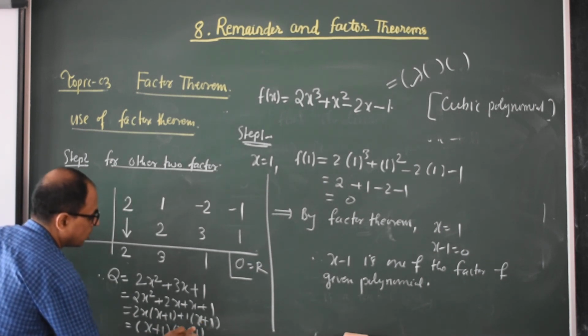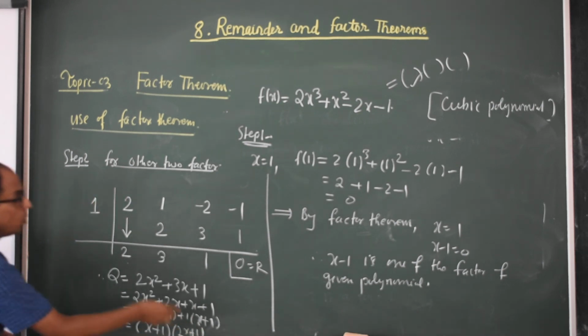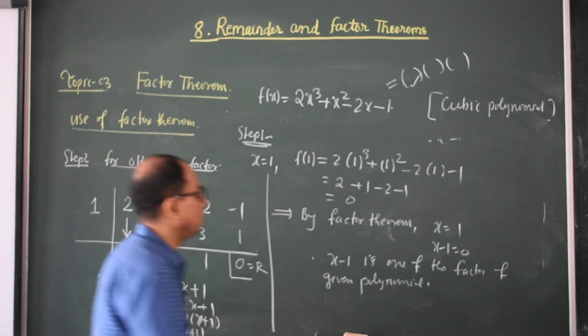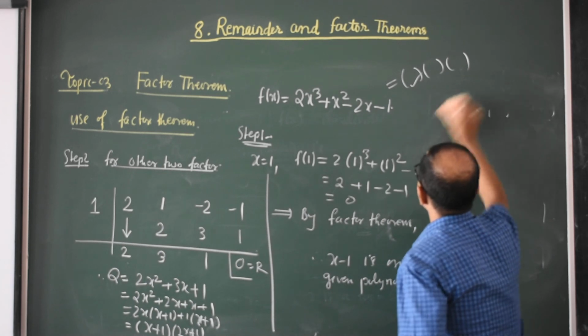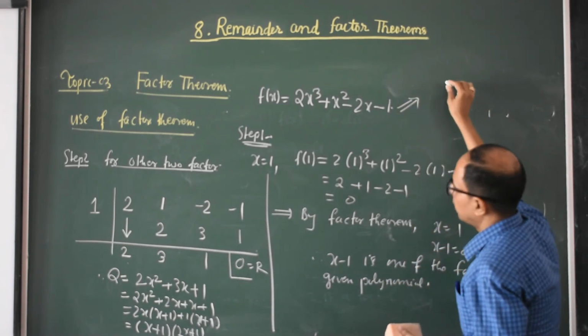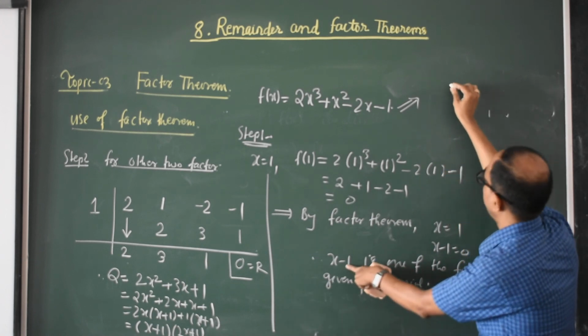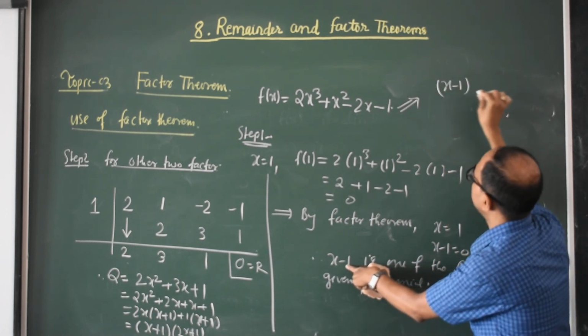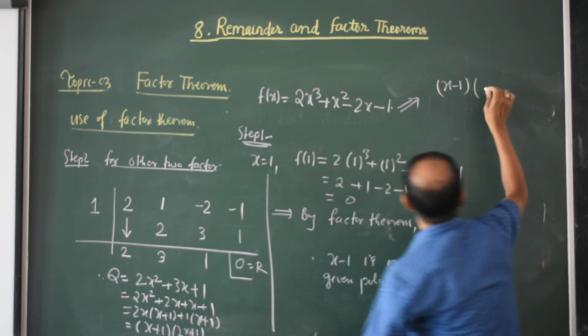So these are the other two factors. So what is the required factorization? The first factor we have got by hit and trial method, and the other two factors are x plus